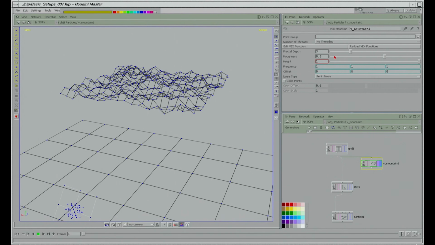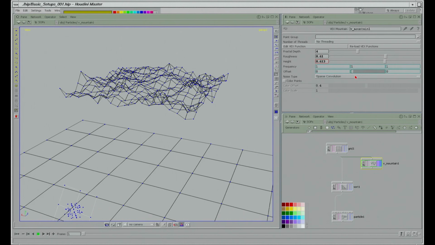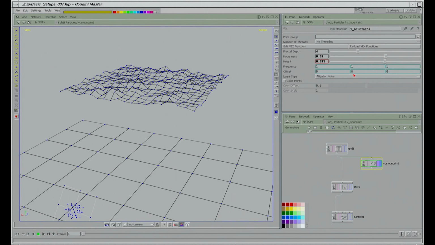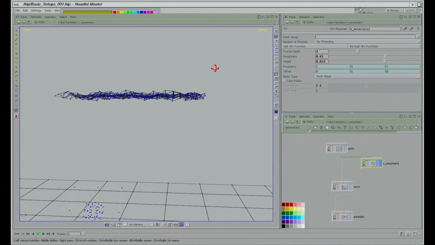And there's this amount, you can mess with this stuff here, so you can see here that there's zero height, and then we're putting a noise through it here. And then there's the amount of fractal depth. I'll usually do about 4. There's some roughness you can add to it here. And what is interesting, there are different noises. There's Perlin noise, there's sparse convolution, and then there's this alligator noise. And I'll go back to the Perlin real quick here. Now, this is kind of neat. It's doing something, but